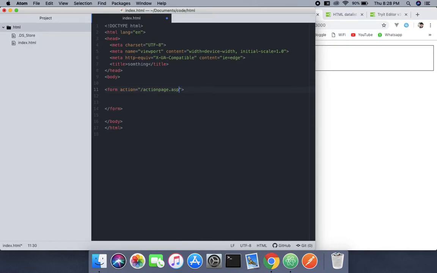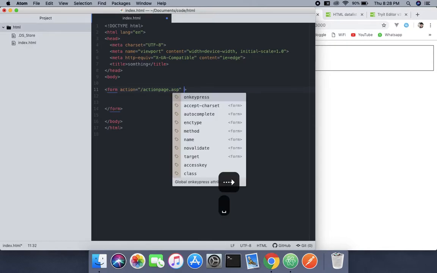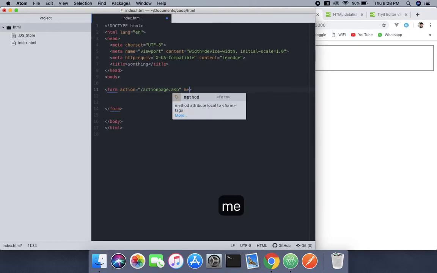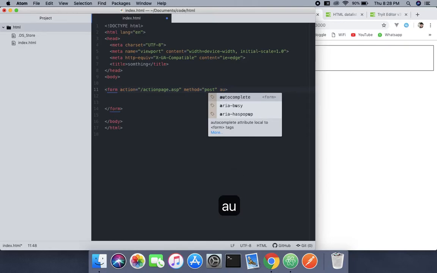And there is more to it, like what we call method. The method will be a post request, because in forms there are mainly post requests. And there is autocomplete, like